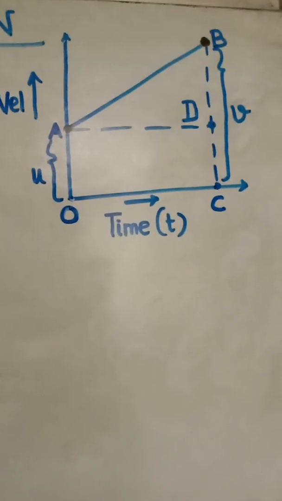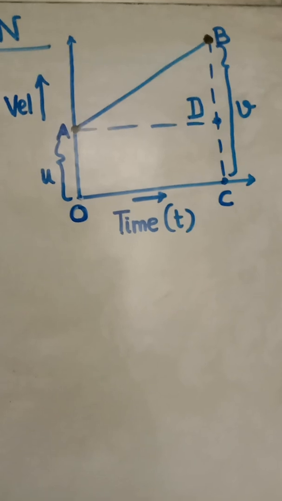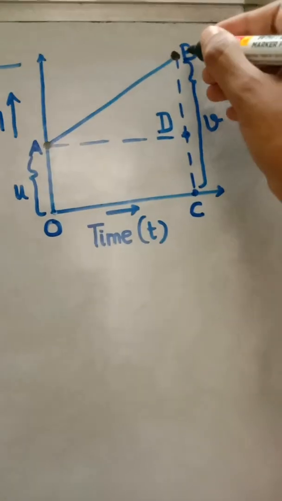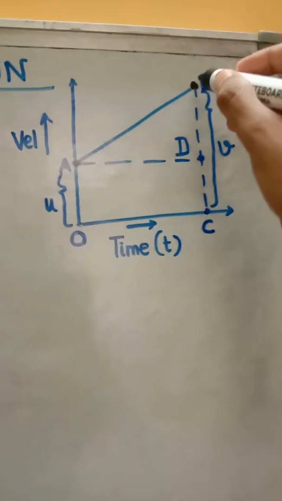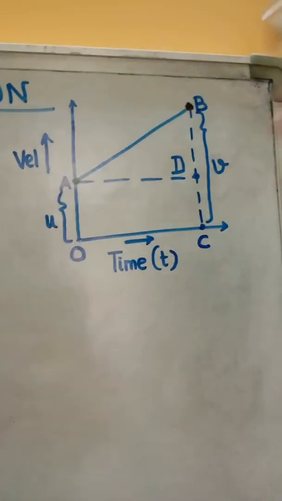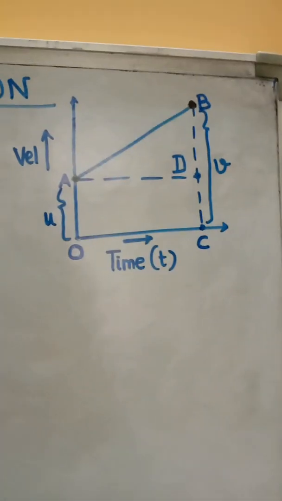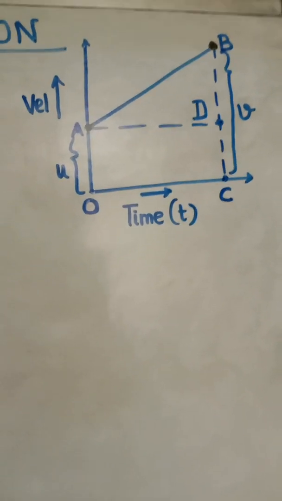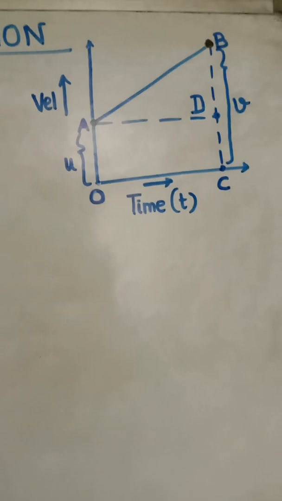Now what are we going to find? There is a uniform acceleration a from A to B, due to which the final velocity is v. So what we are doing, we are drawing dotted lines to complete this particular part. Okay, so the whole figure is complete right now. Now from the graph, what information do we have?